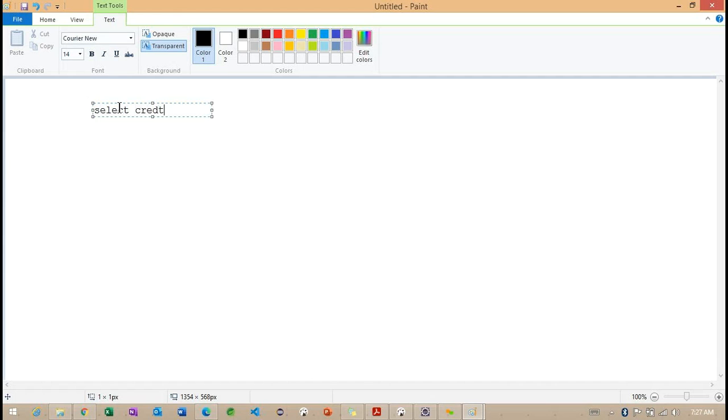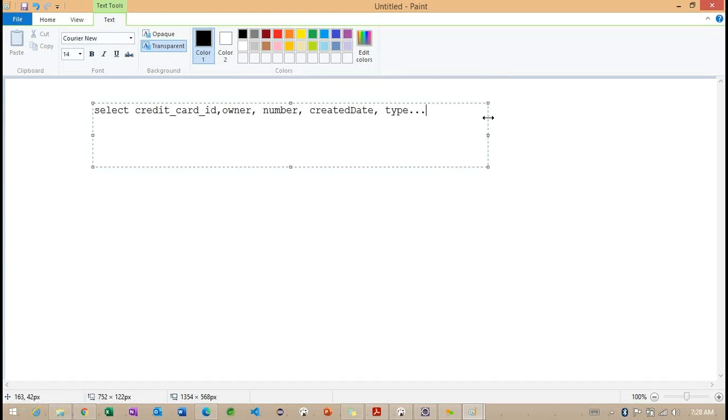Select credit card ID, owner, and something else; these are the columns I want to load. Created date and type, and so on. From the table called, which table are we trying to load?